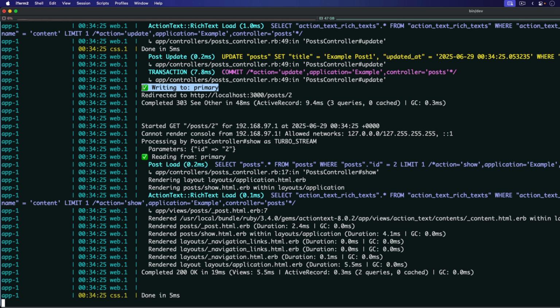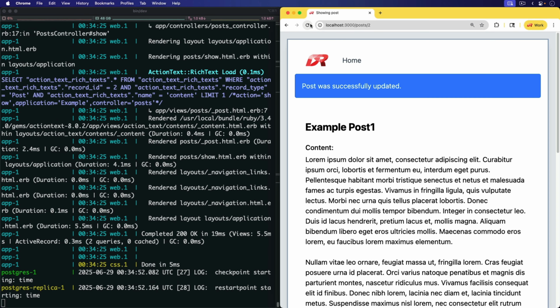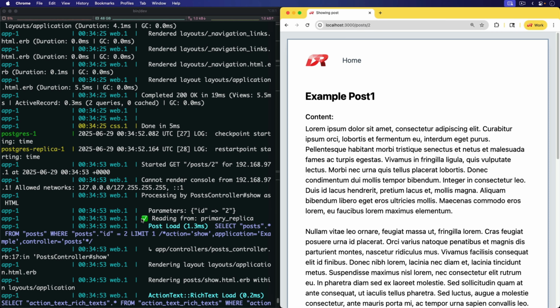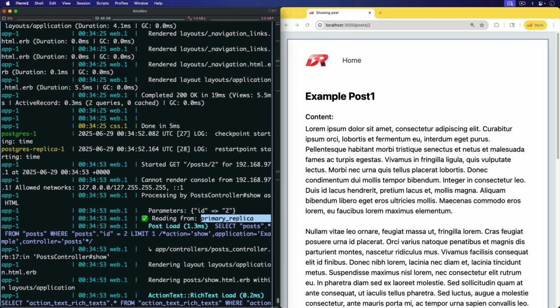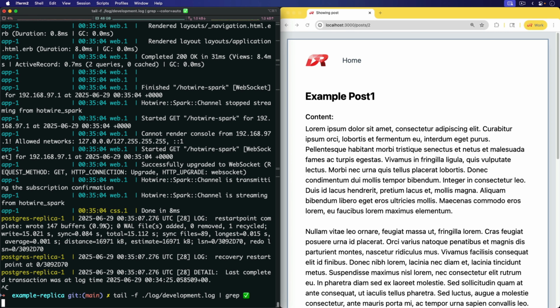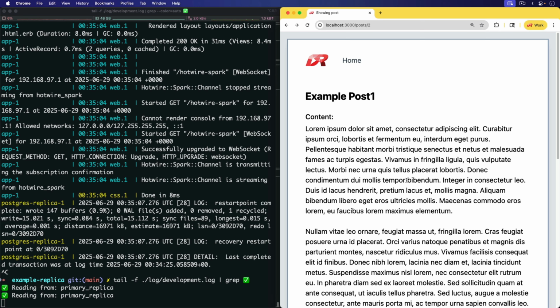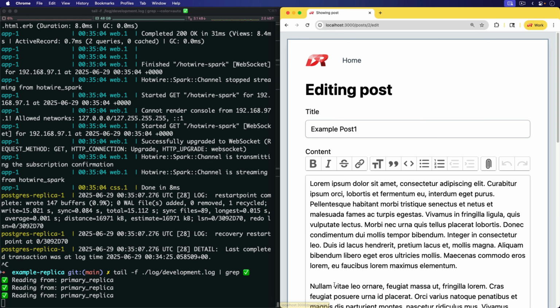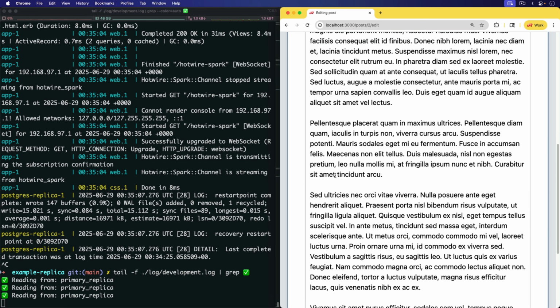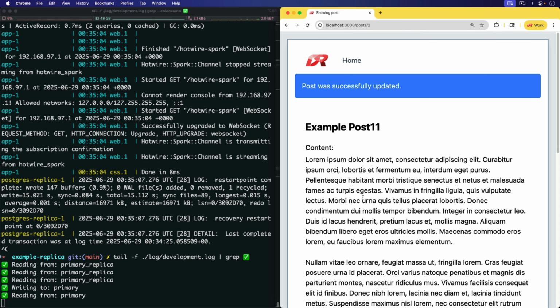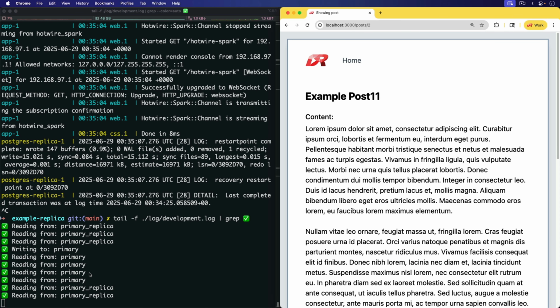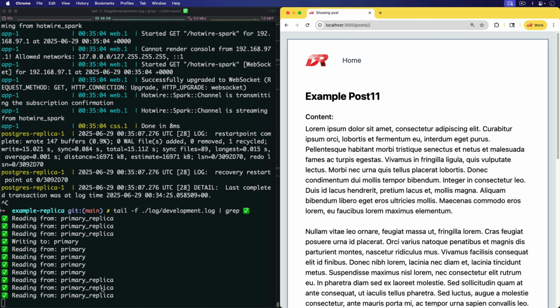I added some logs here, and you see that we're writing to the primary and we're reading from the primary. If we were to refresh the application again and scroll up to see the log, now you see that we're reading from the primary replica. And we could even tell the logs to see this as well, where right now we're reading from the primary replica. But if we go in and edit this post, and if we add another character and update it, for a few seconds it's going to be reading from the primary, but then it's going to start reading from the